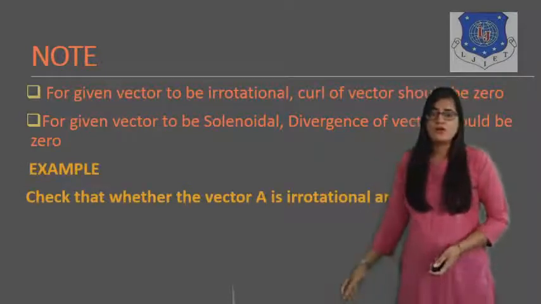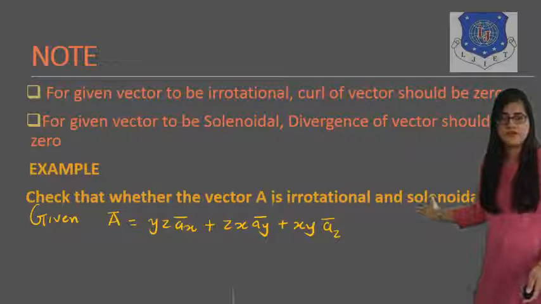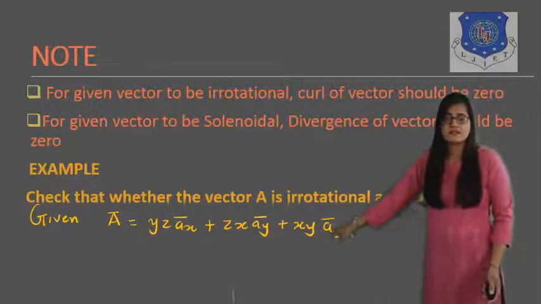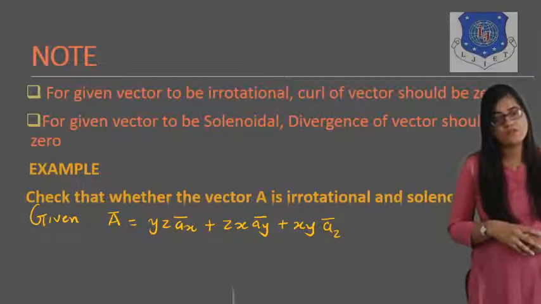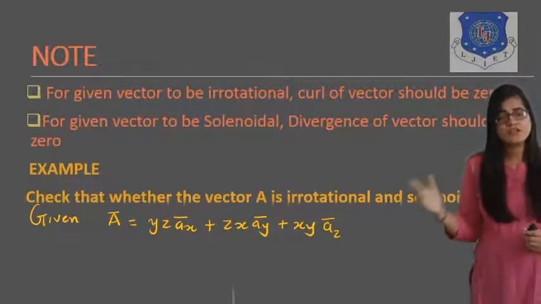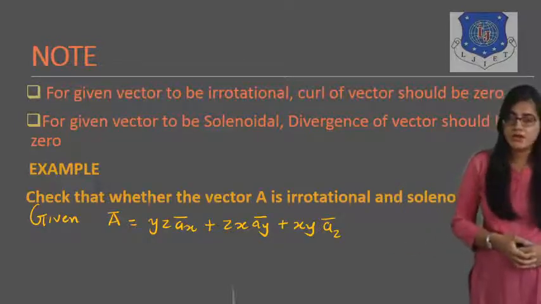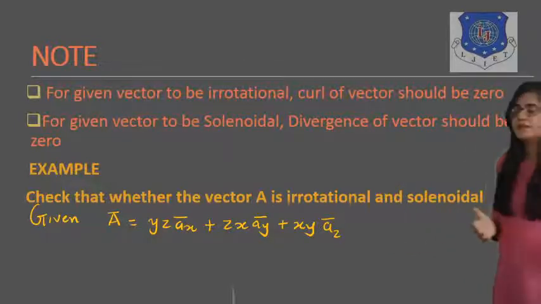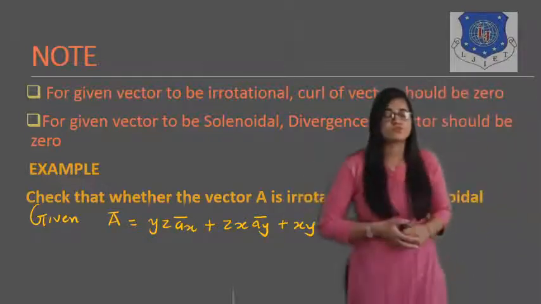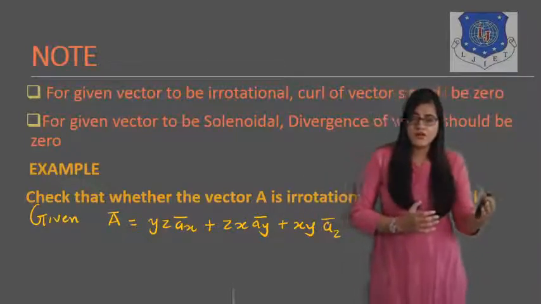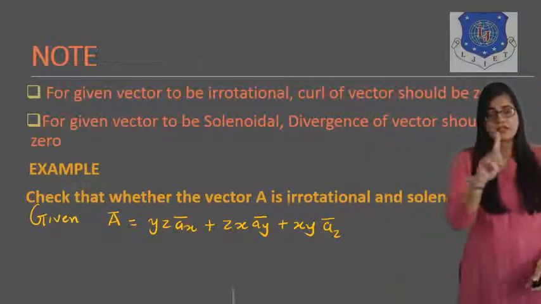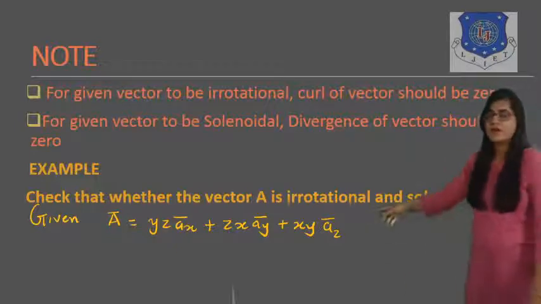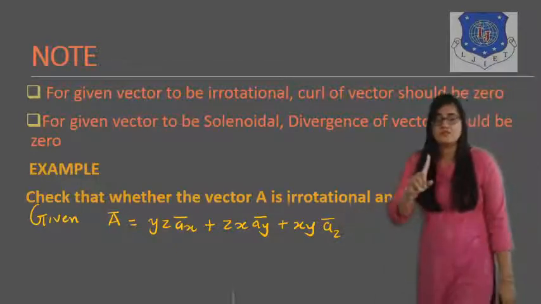Okay. So now let's check for one vector, that is yz ax plus zx ay plus xy az is our given vector, and for this given vector we have to show that the given vector A is irrotational as well as solenoidal. For showing the given field is irrotational, we have to see that del cross A is 0, and for solenoidal, del dot A bar is 0. The first thing is to identify the system. Here the coordinates x, y and z are present. This given system is the Cartesian coordinate system.